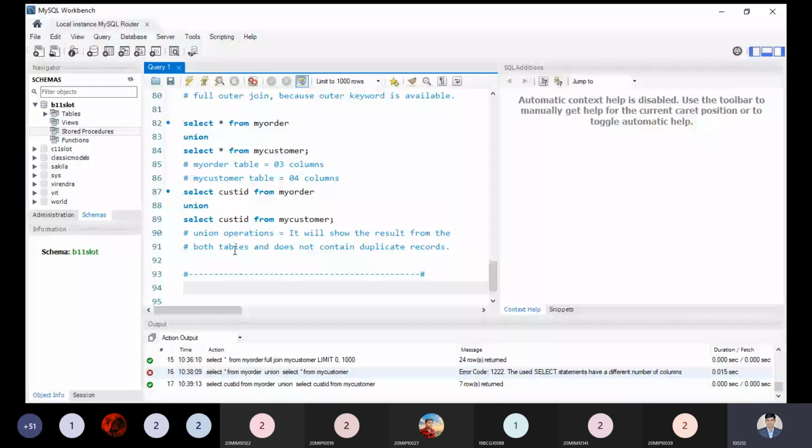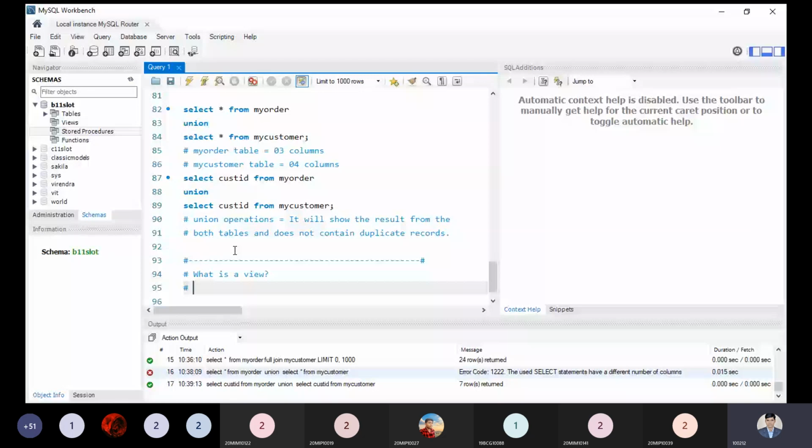Okay, now come to the point. Now we have an important point over here, that is a view. So what is a view in a database management system? Before explaining the view, let me recall some ideas. As you remember the systematic architecture of the database, the levels of the database. If you remember, what are the levels?